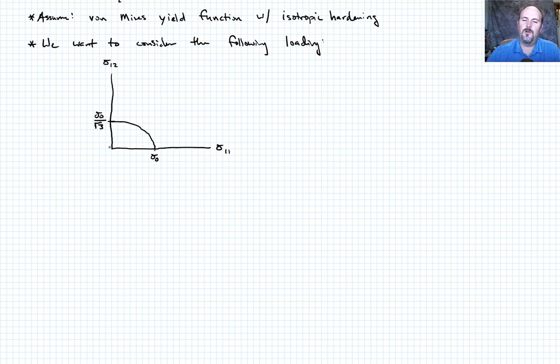And what we want to do is we want to load up to 2 times sigma naught in both sigma 1,1 and sigma 1,2. So this is 7, let's say 8, 9, 10, 11, 12, 13, 14 up there, and then we go up 14. I'm going to call that point, let's say, and that point is going to be 2 sigma naught, 2 sigma naught. And we're going to consider multiple ways to get there, okay? So if we consider multiple paths to get there,